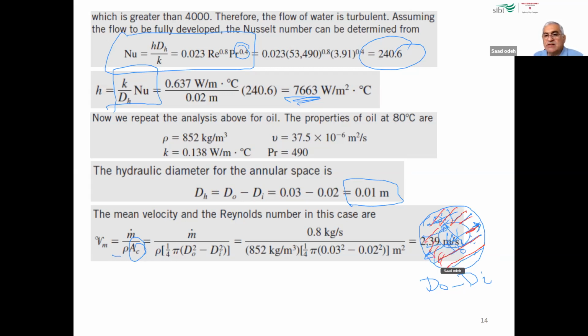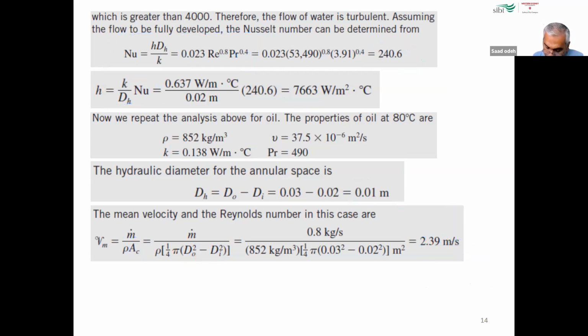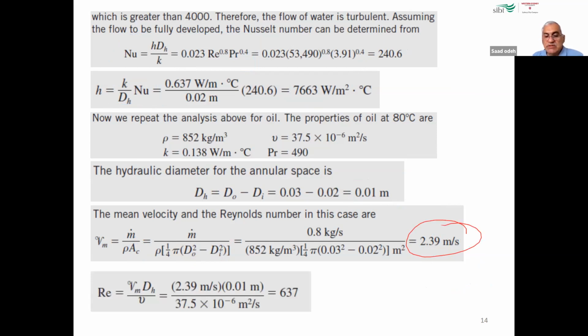Again, this area is the total area of the outer diameter minus the area of the inner diameter, to get only the red area. Okay, and therefore we use this area as the cross-section area of the oil and find out the velocity of the oil. And you use this velocity to find Reynolds number of the oil,